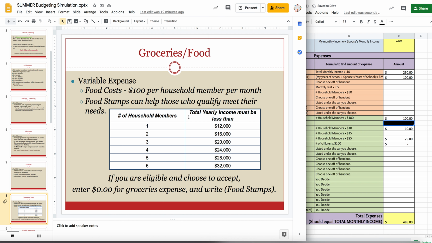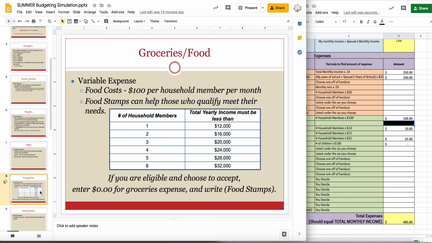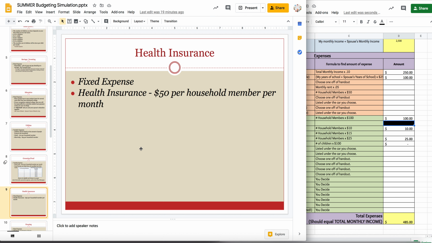Okay, I want you to ignore this part, but I don't want to delete it. It is just for if you had a low income. What we do in class is we look and see if someone has a low income in their monthly or their annual. We look and see if they would qualify for aid, which would be in the way of food stamps. And then they would plug in a 0 there. So it just shows the difference of the income and budgeting. Okay, so then we go to the next